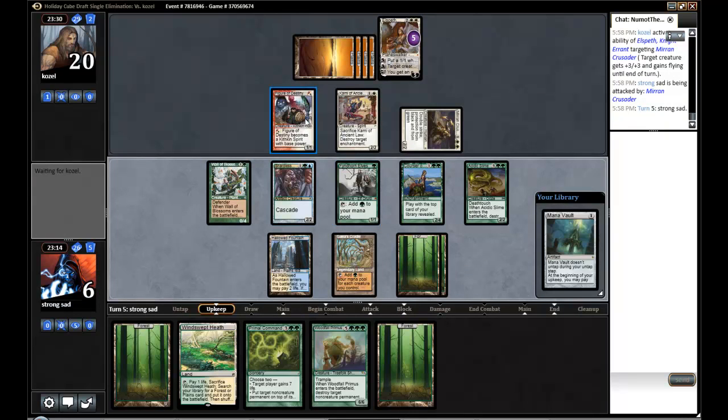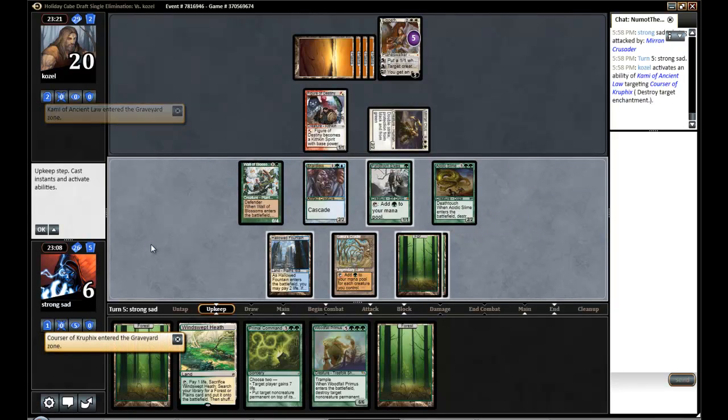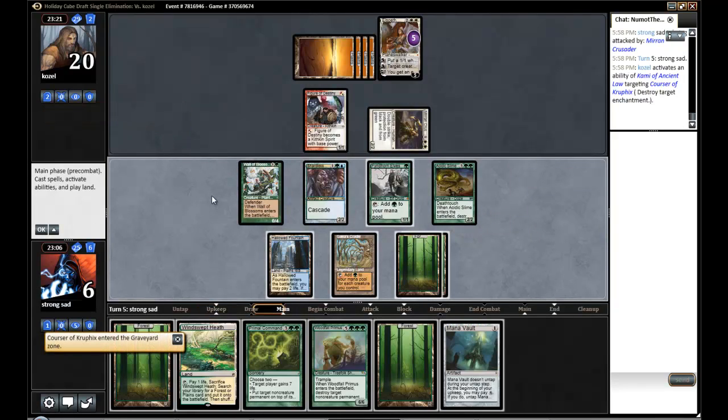So he might Kami of Ancient Law to kill Courser during our draw step. If he does that... Huh. I'll just kill it now. That's fine. Okay, well we have access to a lot of mana. We can gain a lot of life and kill Elspeth. Not this turn specifically, but